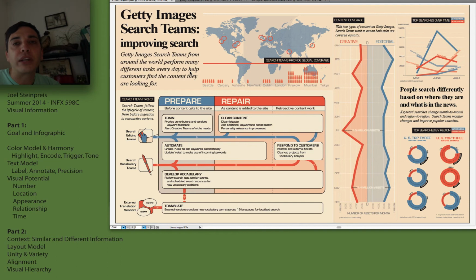So in this part, I'll talk a little bit about the layout model and context, as well as the unity, alignment, and visual hierarchy. So the layout model that I used, let me get that up here, was based off of